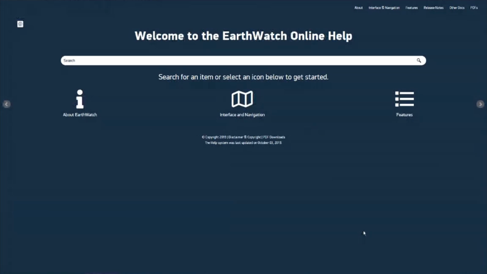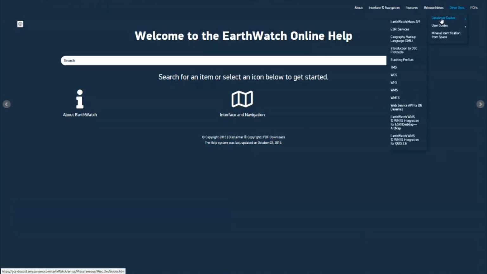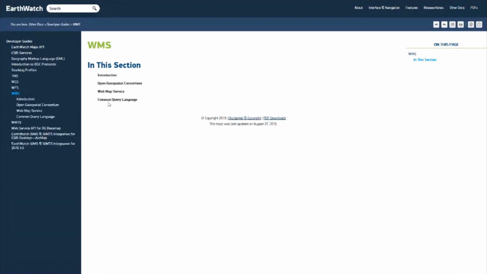The user documentation is a good first point of reference for most questions you might have. But here in developer guides, we have a set of guides which are quite technical, and that explain how to tweak the link to put filters.